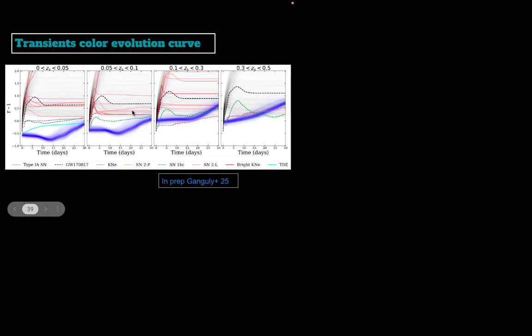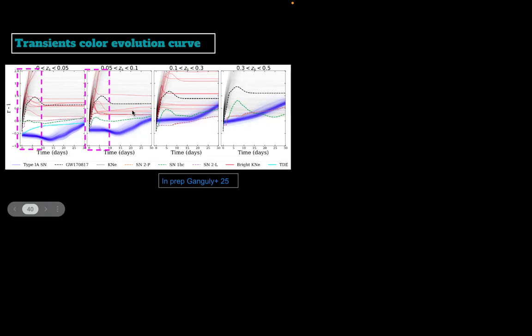So this y-axis is your color evolution. What we have seen is that the color evolution for kilonovas is very fast compared to the type 1a supernova. So if you are in the low redshift regime, you will see that kilonovas are evolving in color very fast compared to the type 1a supernova. So if you have some photometric data points for a particular kilonova, and then you want to compare it with the type 1a supernova, the evolution of color will be very fast in the kilonova.